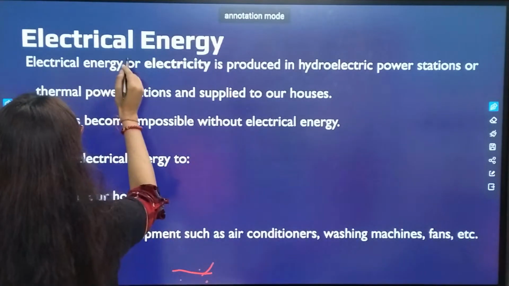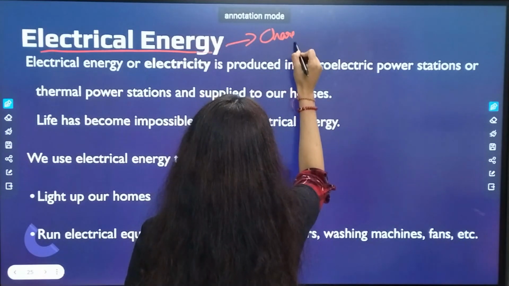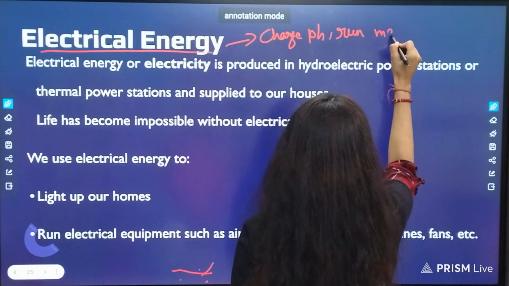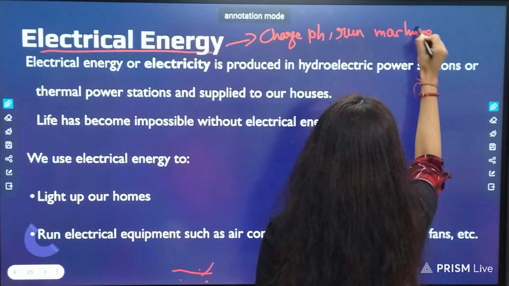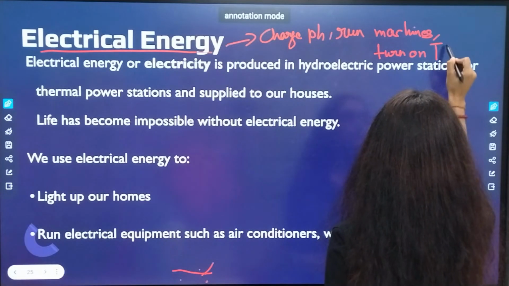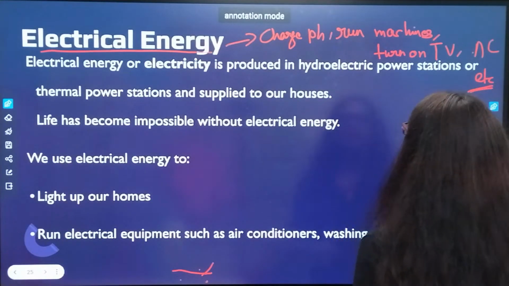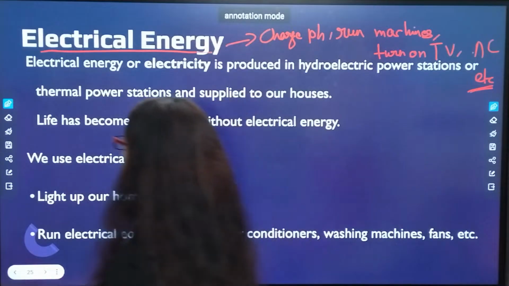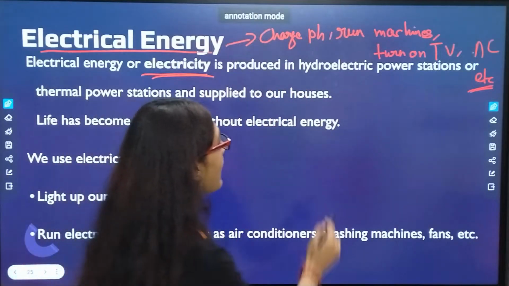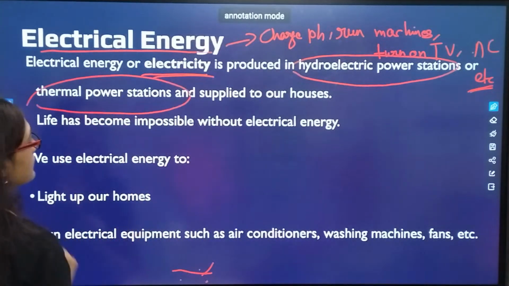Okay? How? Like while using electrical energy, you charge your phone, run machines, turn on TV, AC, etc. Right? So let's learn. Electric energy or electricity is produced in hydroelectric power stations or thermal power stations and supplied